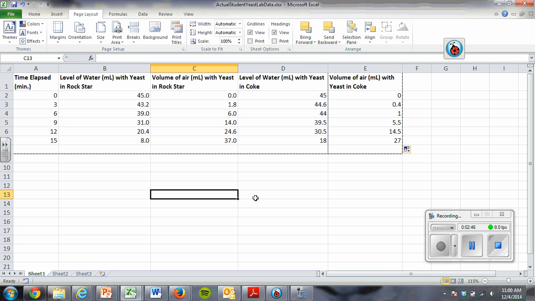Okay? So in order to put this data table into a Microsoft Word document, we're going to have to